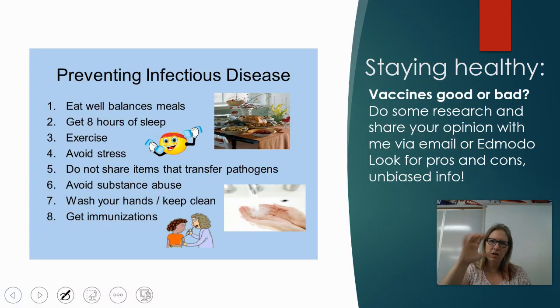Okay? All right. How do we stay healthy? We've talked about a few things. We've talked about eating right, getting exercise, and not smoking. Okay, those are still absolutely applicable to preventing infectious disease. But there's a few other things. You should get plenty of sleep. The more run down and tired you are, the more stressed you are, the more difficult it is for your immune system to work.